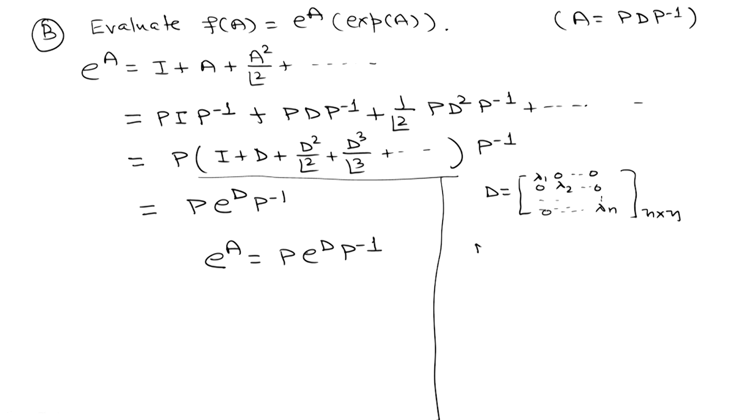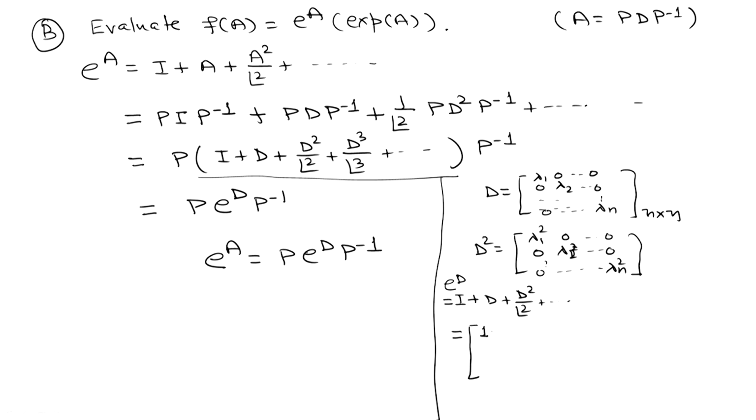Then D square will become lambda 1 square, lambda 2 square, and in the same way lambda n square on the diagonal. So if I calculate I plus D plus D square by 2 and so on, which is nothing but e raised to power D, this comes out to be